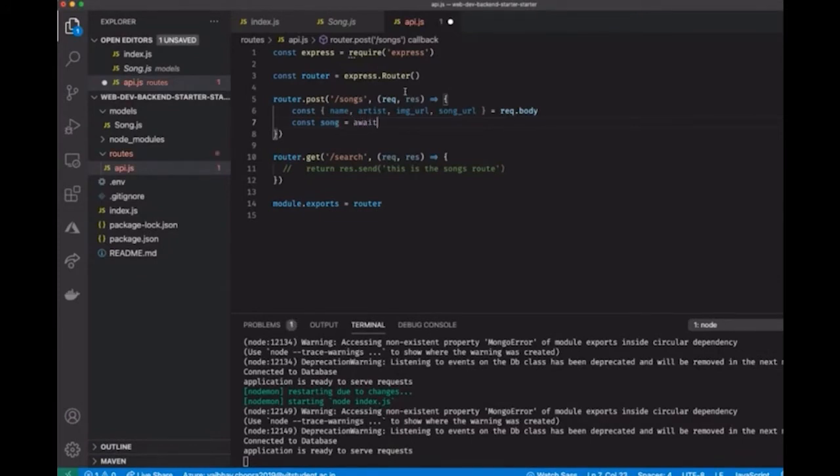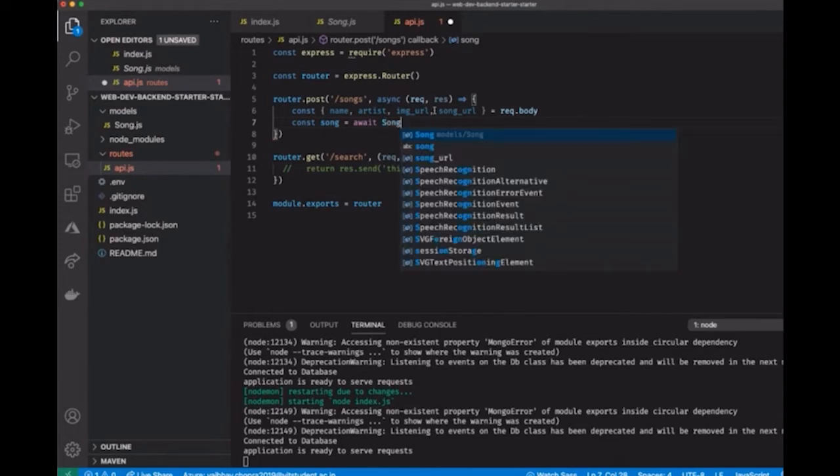await. To be able to use await, you have to have async. You have to let JavaScript know that the function we are about to call has await inside it. It is a notifier to JavaScript that I am writing async here just to let you know that await is being used in the future lines. So you have to do song dot create.